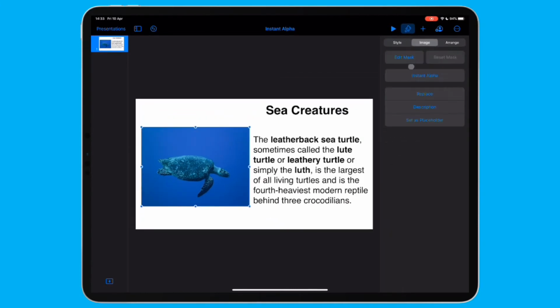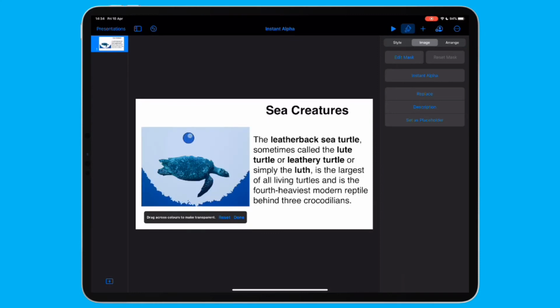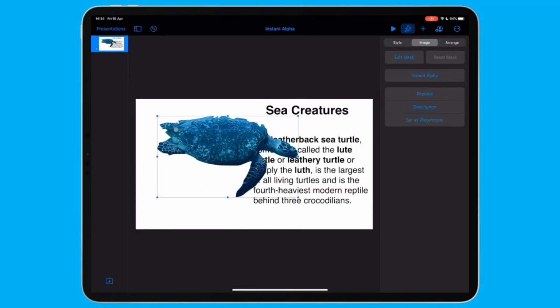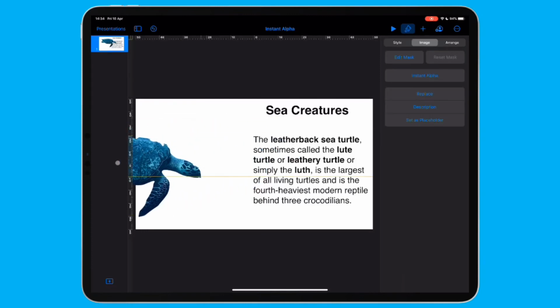I'm going to go to image, I'm going to go to Instant Alpha, and you'll see this: drag across colours to make transparent, so it doesn't have to be the background, it can be any colour. I'm just going to drag up as carefully and gently as possible. What you'll notice is it's starting to take some of the colours off the background there, but it is starting to take some of the image off, and I just click on those colours that I don't want to be there. So now I've got that image there, it's taken off some of it, and I'm just going to